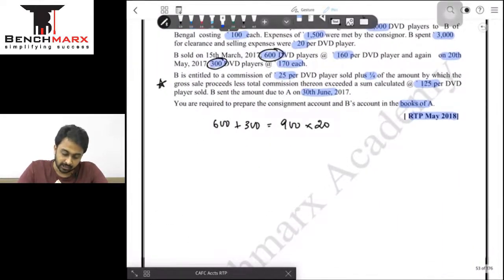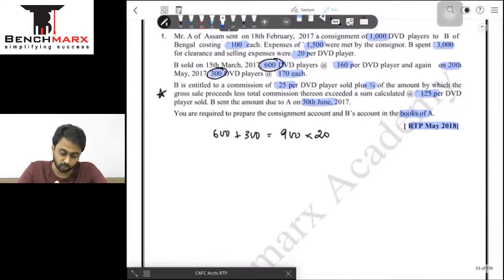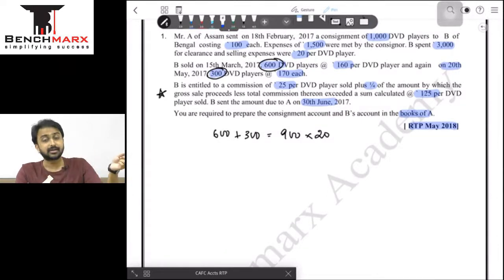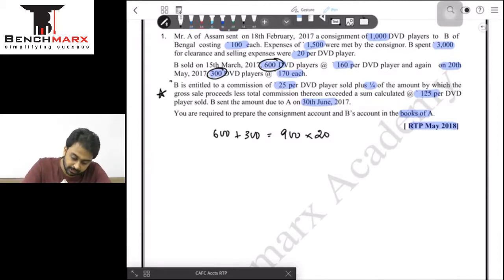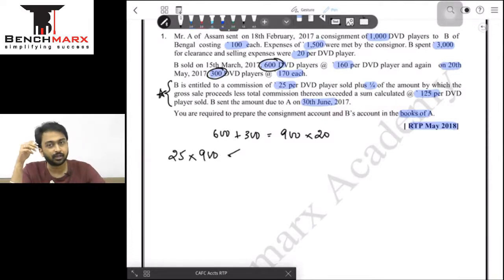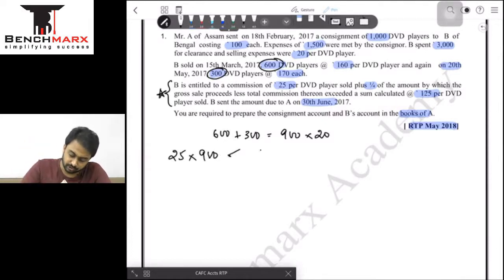Then comes my closing stock valuation. Now, sorry, the other way around: first my commission, then we'll deal with the closing stock. Commission, now the whole adjustment is pending. So B is getting a commission of 25 per DVD sold. So 25 into 900. This is his commission anyway, the basic commission which he is going to get regardless. And